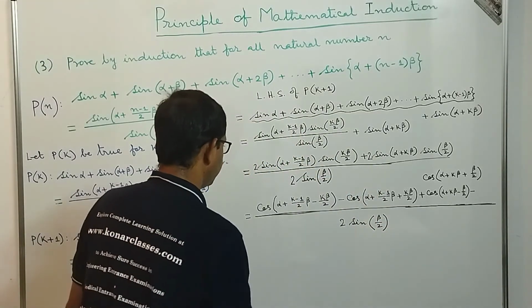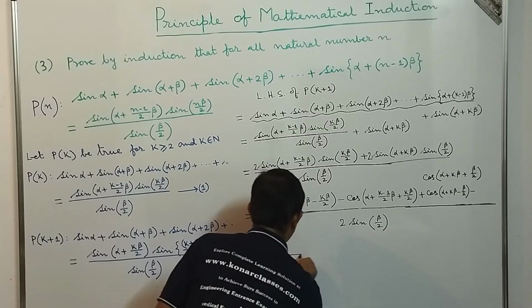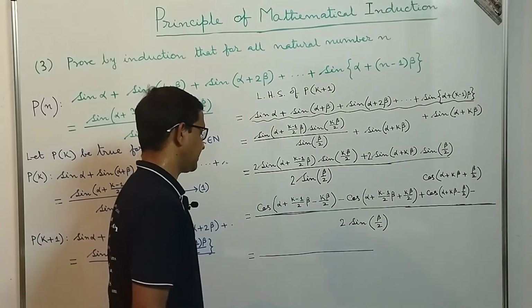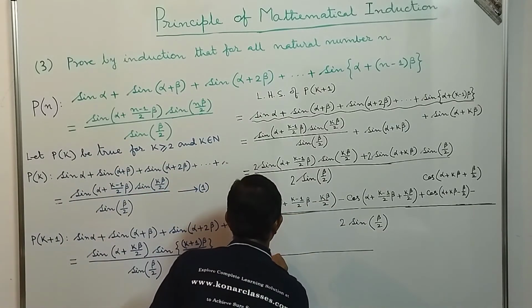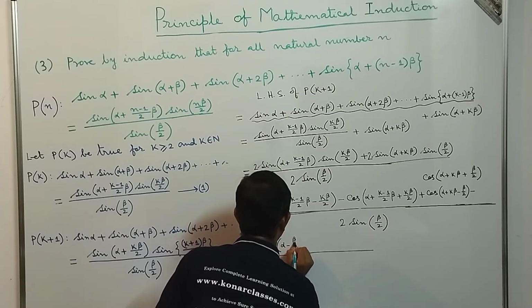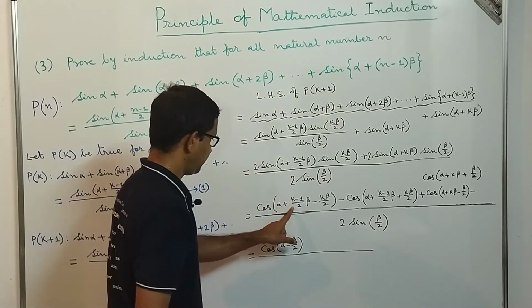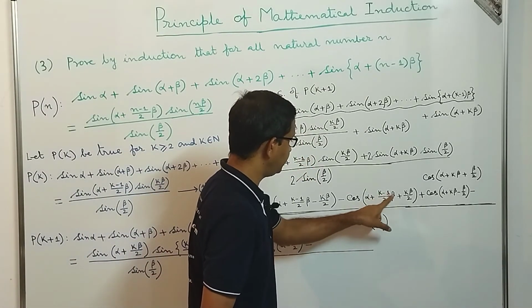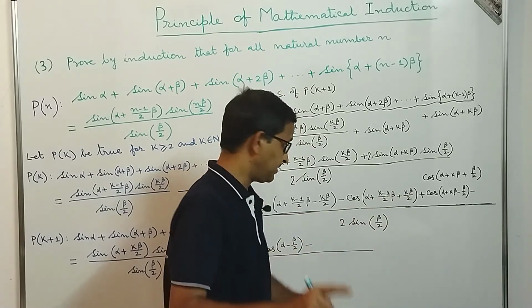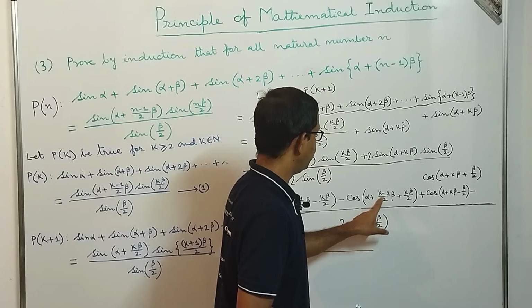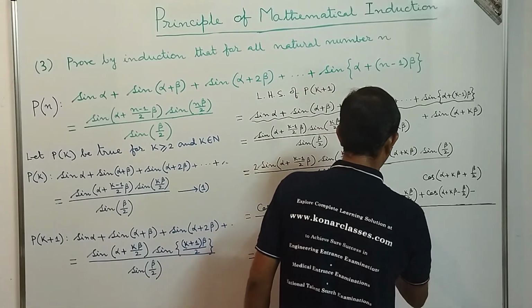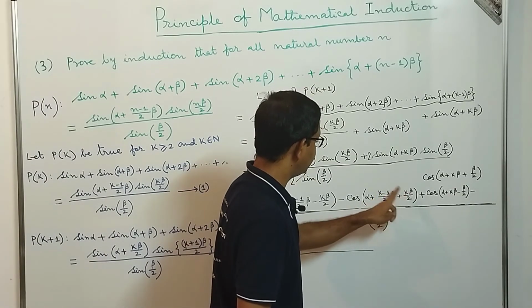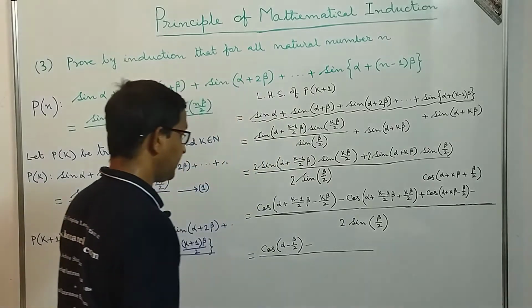So what we get here, dear students, in the next step, is that cos(α+kβ/2) minus kβ/2 will get cancelled. So we get here cos(α-β/2). Correct? Minus cos of α plus kβ/2 and kβ/2, that means kβ, α+kβ, minus here we get β. So what we get here is α+(k-1+k), that means (2k-1)β/2.